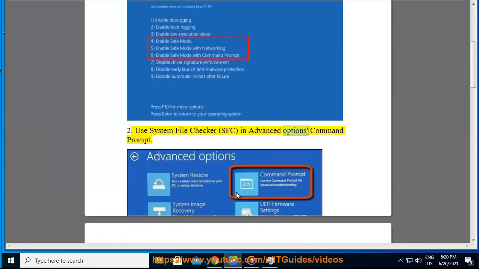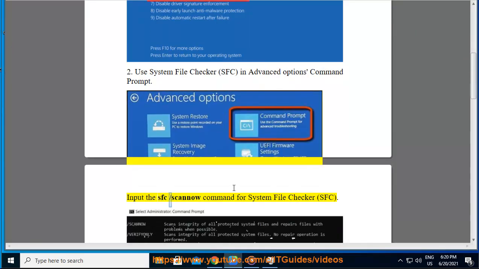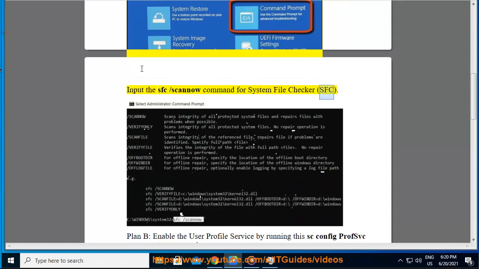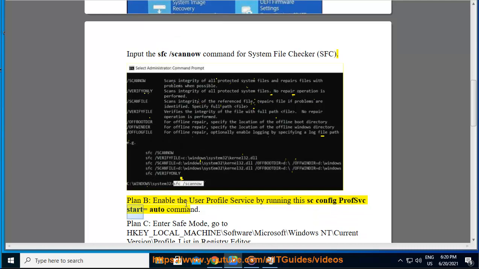SFC, in Advanced Options Command Prompt. Input the sfc /scannow command for System File Checker, SFC. Plan B, enable the user profile service by running this sc config ProfSvc start= auto command. Plan C, enter safe